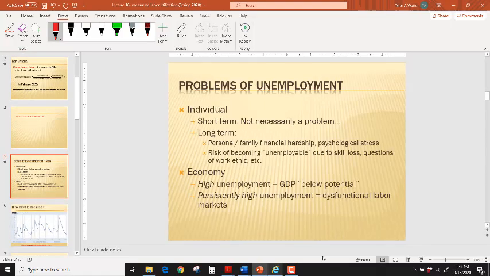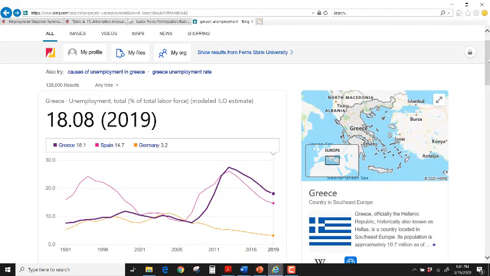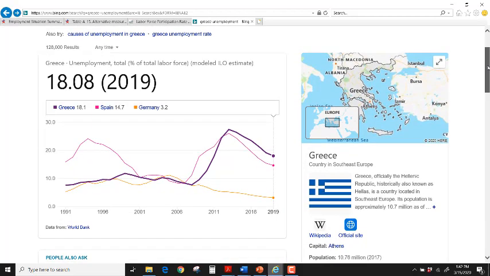And just to give you a quick example of that, we have unemployment at 3.5% in the US. Now that's very low. Most of that is short term, what we call frictional unemployment. Not a problem. But if you look at a country like Greece, and I don't mean to pick on them, just be aware that they are a country with chronically high unemployment. They're currently at 18%, and they've barely been below 10% over the past 30 years. So they have what we might call a chronically high unemployment rate, and that's an indication of maybe some dysfunction